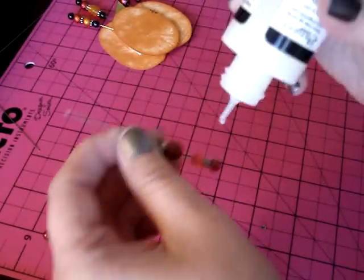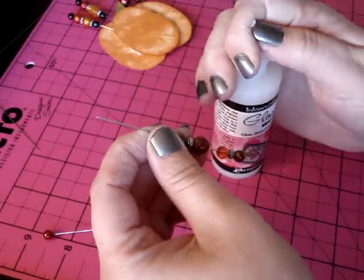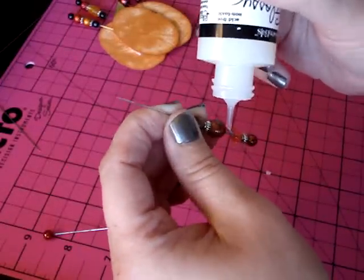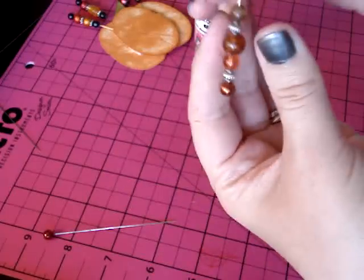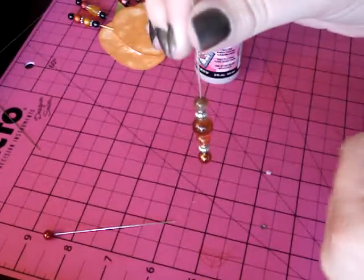So what I'm going to do is I'm going to put some glue. Oh, let me get this top off. And I just put it right here on the top of this bead. And then I'm going to push my big bead back down and make sure that it's pretty flush on there. And then once I do that,